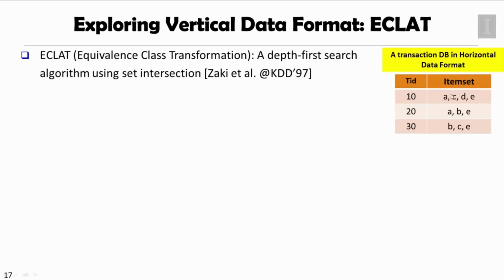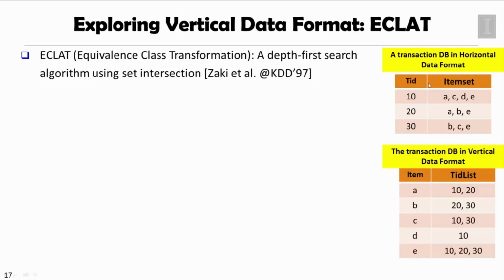Then you can transform this horizontal data format into vertical data format like this. For every item A, you see which transaction IDs are associated with it. That means A was bought in which transactions.